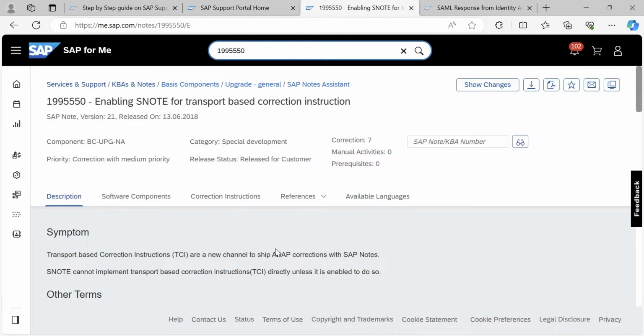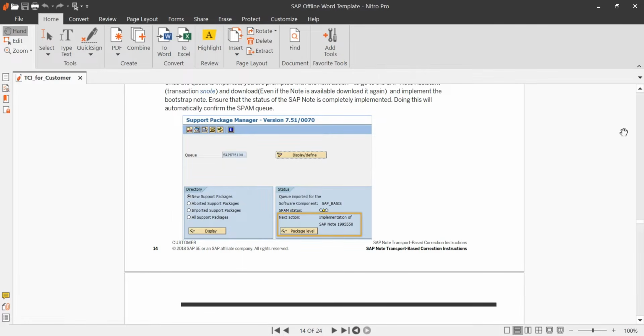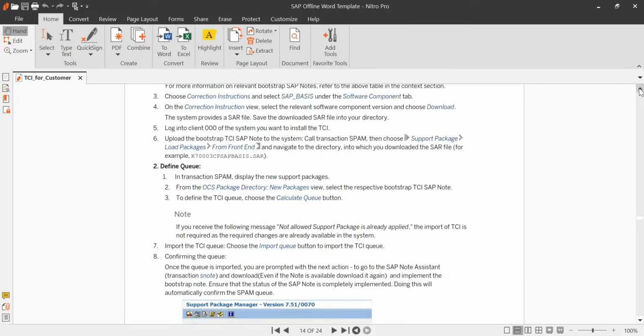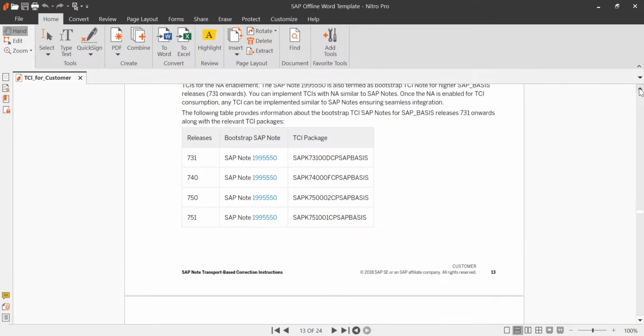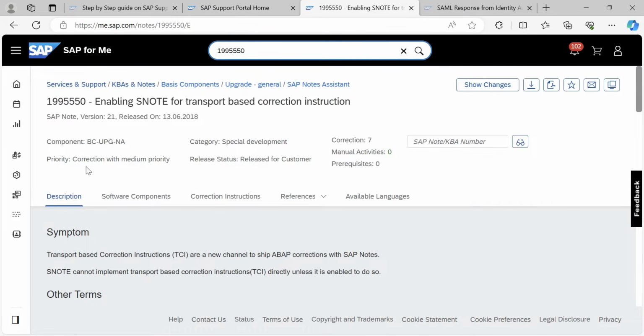Go to that note. In that note, he's saying you will have some patches. It is releasing some patches, SAPK. So we need to download this. How do you need to download this? Just go there and